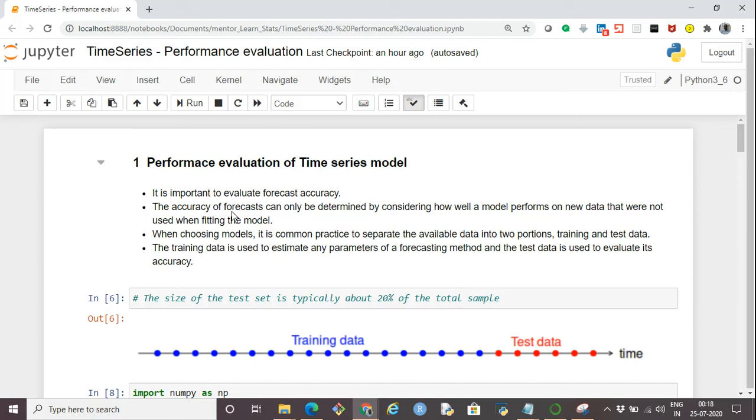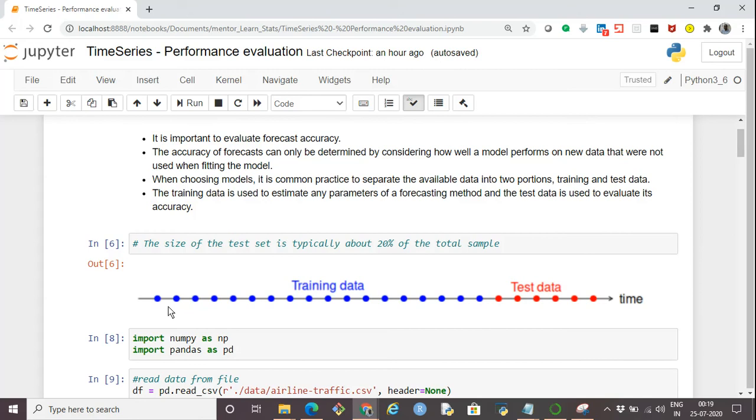So unlike what we do in other machine learning models where we randomly split the data between train and the test set, we don't do such a step in a time series model. That is, we don't split the data randomly. The way we split the data is that the training data is up to a certain point in time, and towards the right of it what we have is the test data.